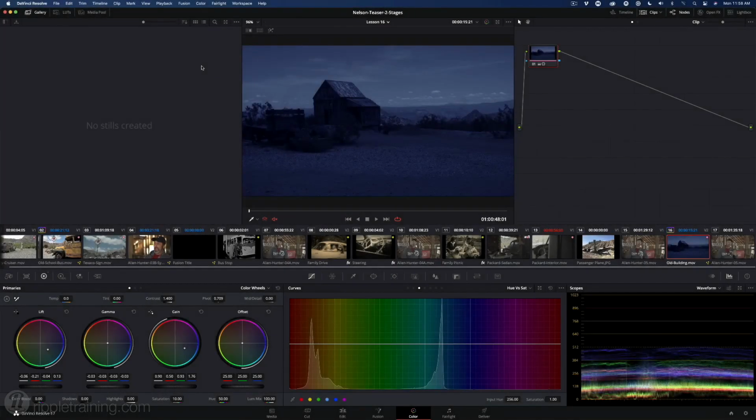Shots in your scene do not exist in isolation from each other. In addition to making the images look correctly balanced, your job as a colorist is to ensure that the shots match one another and that they fall within established technical standards for your specific delivery medium. Once the shots have been normalized, you can begin the process of styling each shot to create a specific look